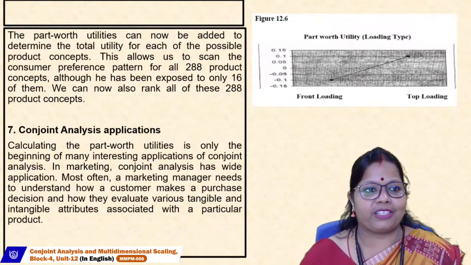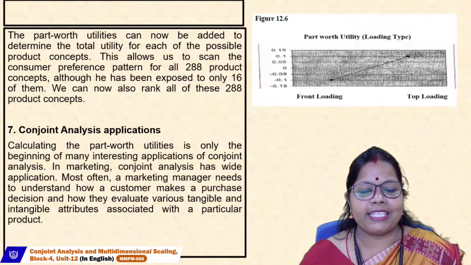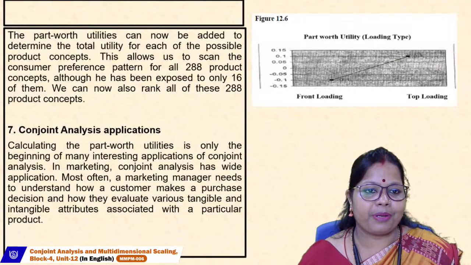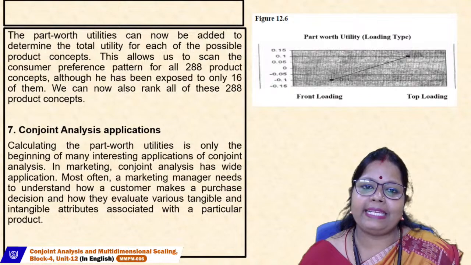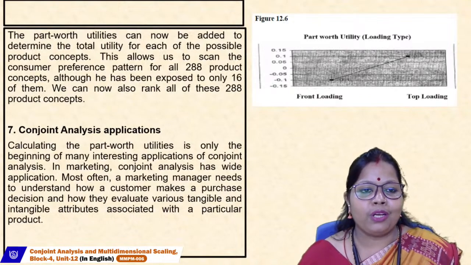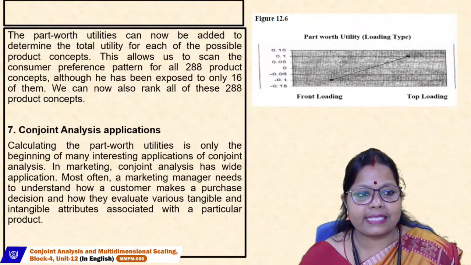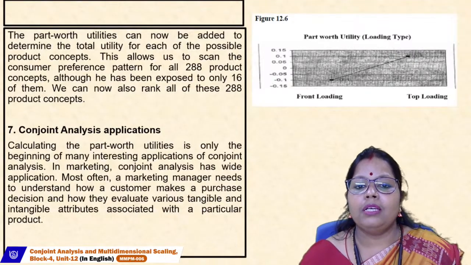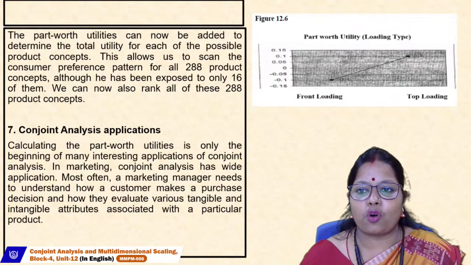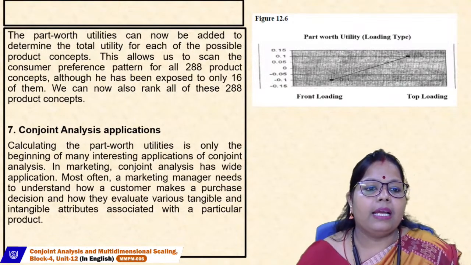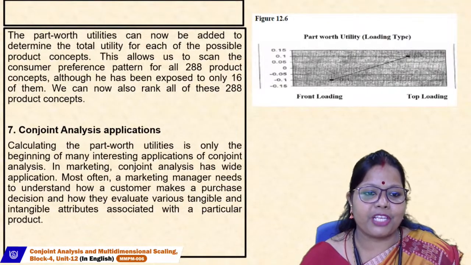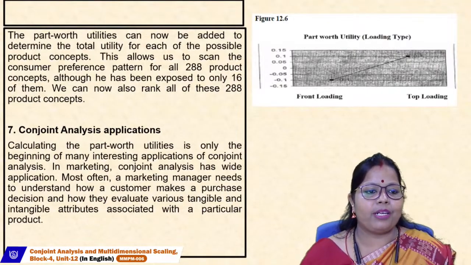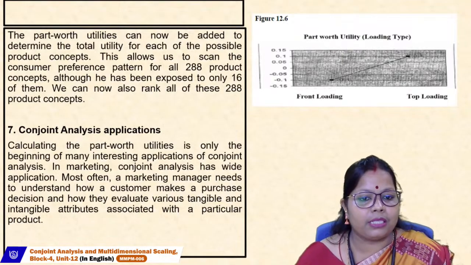front loading washing machine. So the part worth utilities can now be added to determine the total utility for each of the possible product concepts. This allows us to scan the consumer preference pattern for all 288 product concepts. Although he has been exposed to only 16 items, we can now also rank all of these 288 product concepts. Now coming to the seventh application of conjoint analysis, calculating the part worth utilities